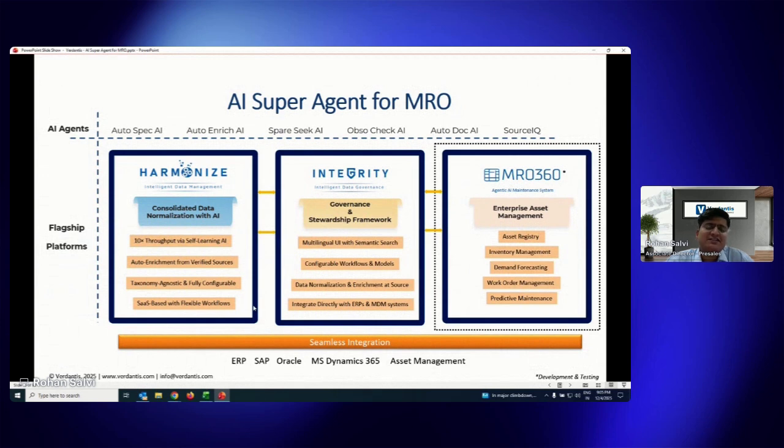And then lastly, MRO 360. This is the platform that looks to drive the downstream value, because the value actually comes from inventory optimization, wherein making sure that we have the right inventory levels, ensuring that the critical parts are identified at the right time, and the criticality keeps on updating based on the failure rate, based on the observed trends across assets which are similar in nature but deployed at multiple functional locations across multiple plants. This is where MRO 360 proves to be a very powerful tool to give the business visibility and actionable insights that they can convert to value.